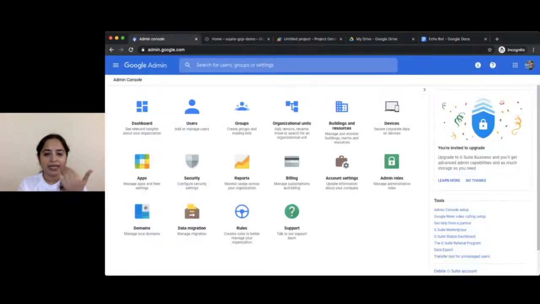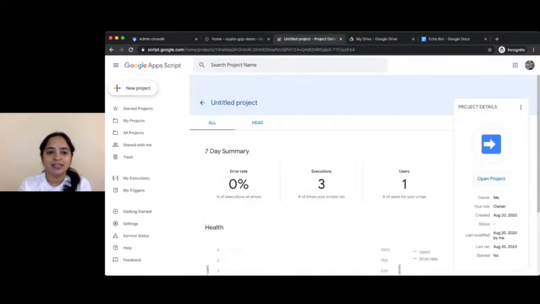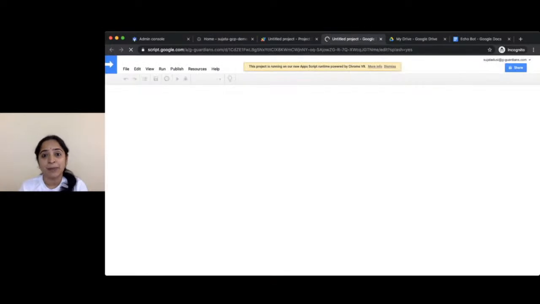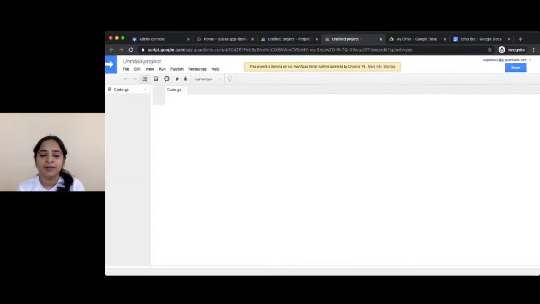So with the credentials that I got from the Qwiklabs, I've signed into my G Suite admin center. And after that, what you need to access is script.google.com. Script.google.com is the place where you would be creating your bot, your app script project. So I click on new project and it creates a blank code.gs file where I would be embedding the code